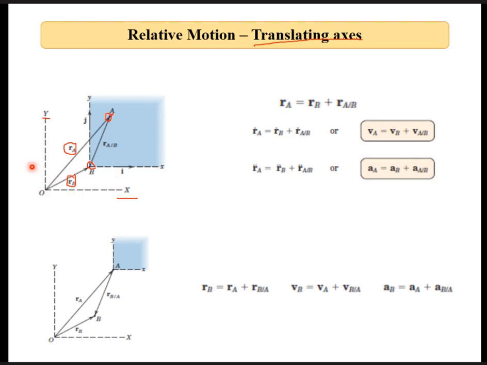Now here we have arbitrarily attached the origin. This is your reference, and this is an axis that I have chosen to B. So basically we have seen that RA equal to RB plus position of A relative to position of B. Now if I take this X and Y axis at point A, this is RB with respect to this origin. This is RB, this is RA, and